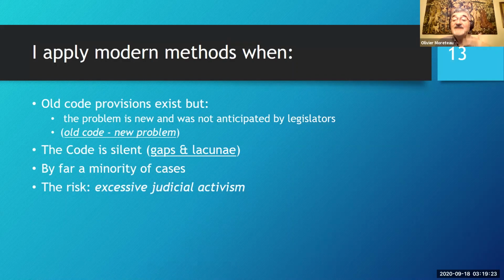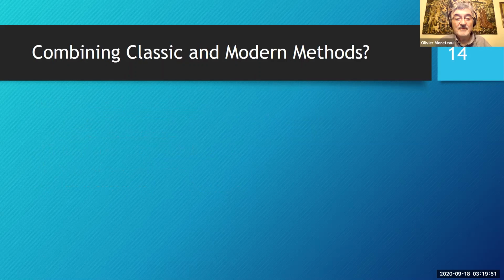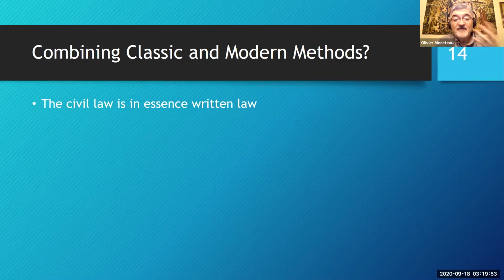And of course, there is always the risk of excessive judicial activism. Expect scrutiny when you are doing this. But guess what? Oftentimes in France, it's the Court of Cassation itself that engages in judicial activism, sometimes with the resistance of the court below, who show more willingness to stick to the traditional approach. Don't forget in that debate, whenever you think, can I combine the classic and modern method, that